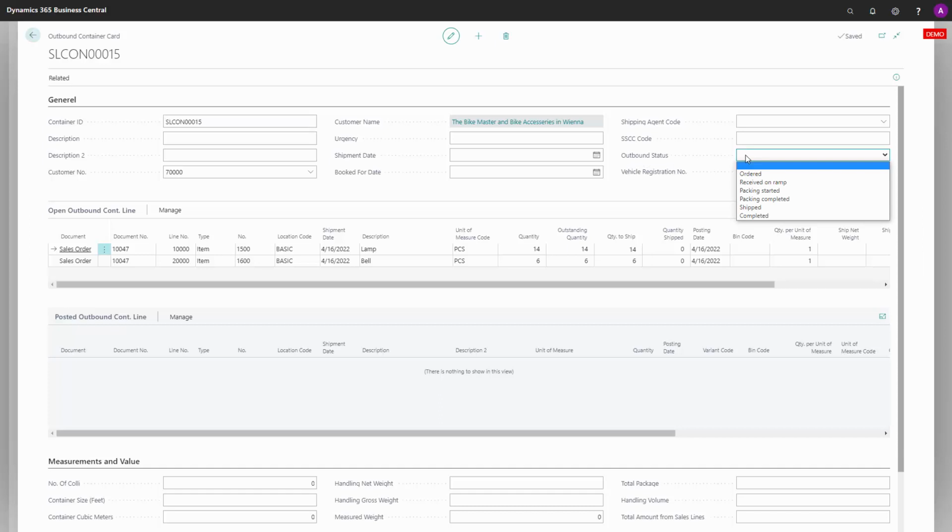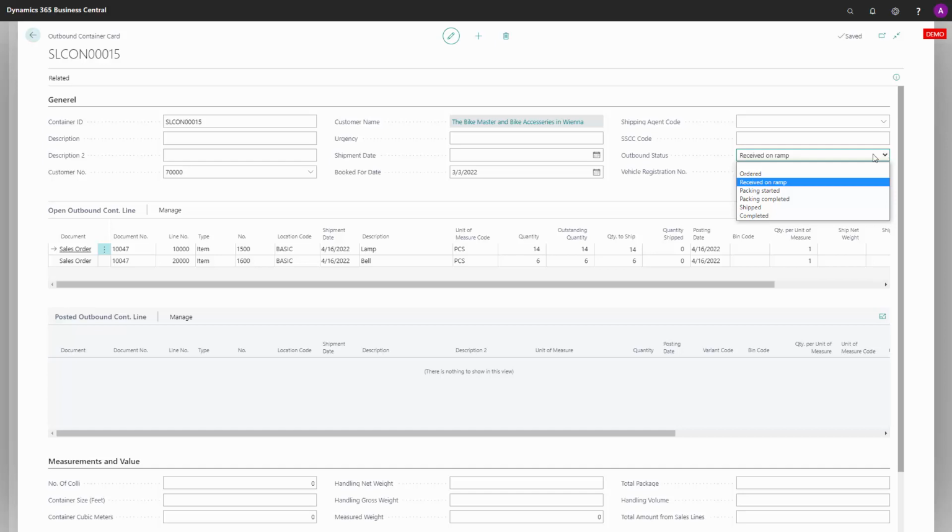When the container is ordered, I'm calling the supplier, ordering the container for whatever date I'm booking it for. I could set the status to ordered, and normally I would define a booking day on the container. And now I'm just waiting for the container. Later on, the container maybe arrives on the ramp, and if I want to, I could change the status that the container has arrived. It could be on the inventory, people are doing that.